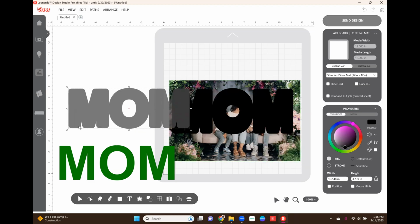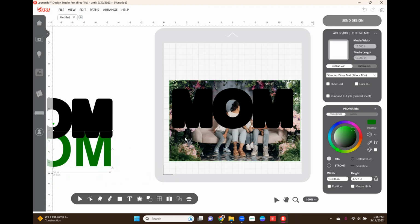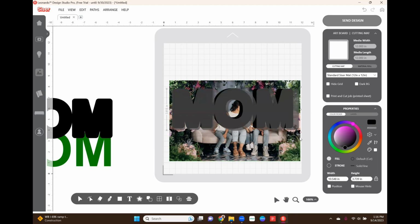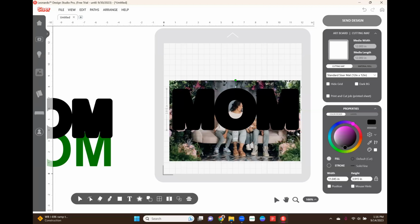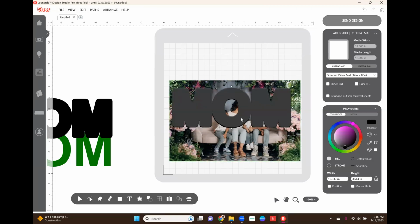And then I'm just going to move it off to the side for now, just in case I need another copy. But I'm going to slice the word mom from the image. In order to do that, I can see the faces here and how I want it to lay, but I'm basically just going to stretch it out or shrink it based off of how the letters are,